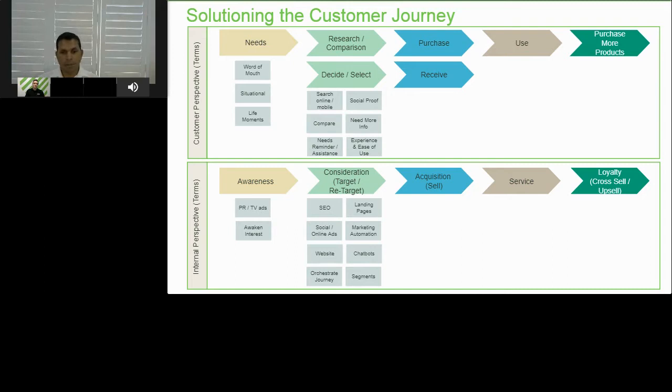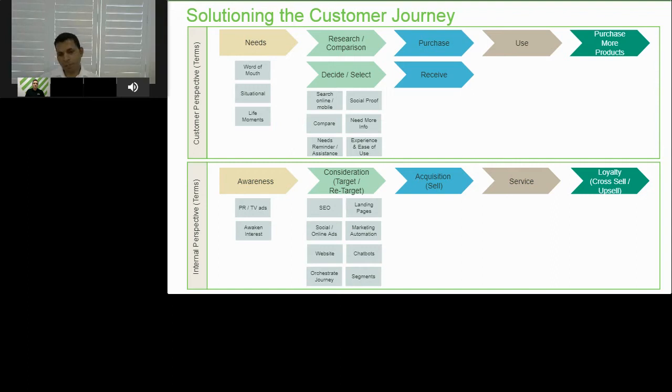Now, moving that into the internal perspective, connecting those dots: when someone is searching for something, how does a company's brand or products come into the digital interactions or digital feeds that the customer sees day to day? For example, search engines. Whenever you launch a product and you want to campaign for the next few months, it's about search engine optimization, social media ads, and so on.